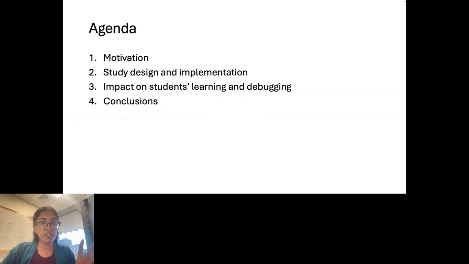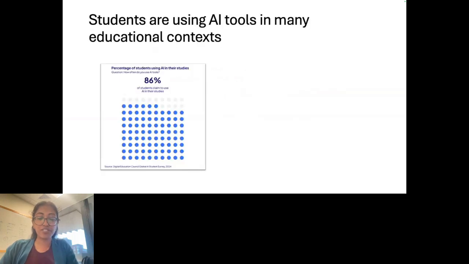So here's a little bit of an overview of what I'm going to talk about today, and I'll kick it off with some motivation. Luckily, the previous talk has already set some of this up, but we know, especially if we're educators working in the classroom, that students are using AI tools in really almost all aspects of academic work. If you'd like to see some data to support this, this data is actually a global survey that was carried out last year of undergraduate and graduate students, where 86% of students claim to use AI in some capacity